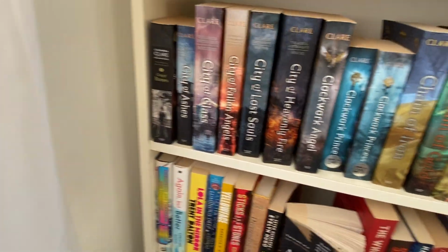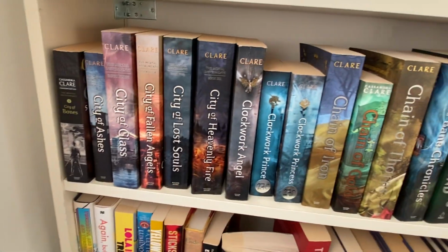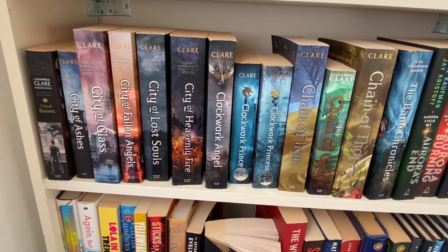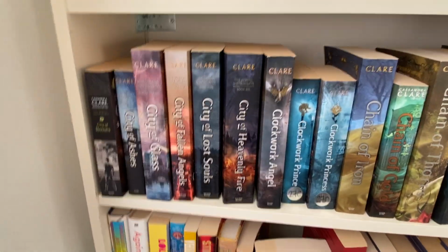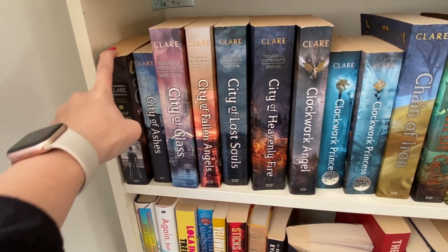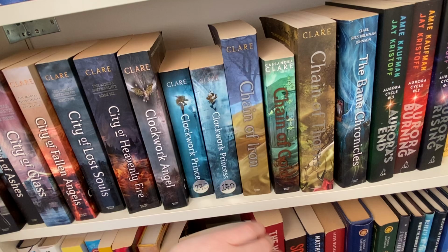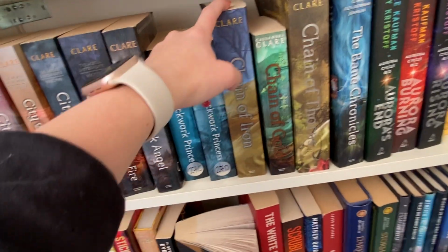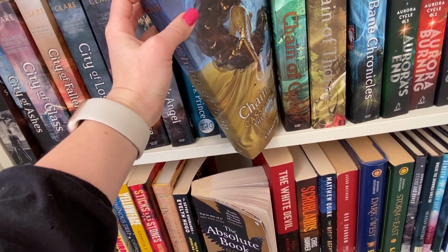Moving down, this is my, as you can guess, Cassandra Clare shrine. There are a few more books at the end, but we'll get to them later. This is my Cassandra Clare shrine. I've got her entire City of Bones, I've got her Infernal Devices and her... what is this one? Last Hours